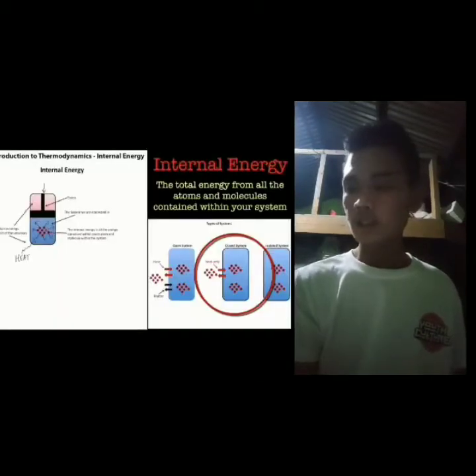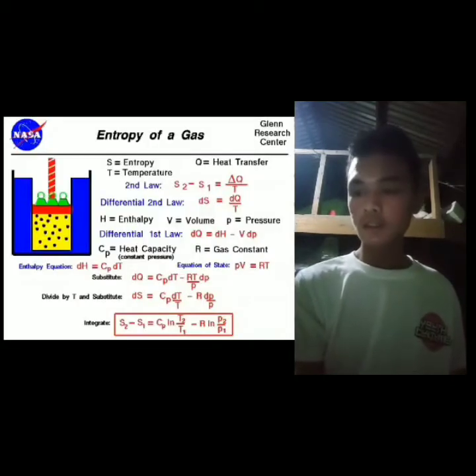Internal energy. In thermodynamics, it is the property or state function that defines the energy of a substance in the absence of effects due to polarity and external electric, magnetic, and other fields. Entropy is a scientific concept as well as a measurable physical property that is most commonly associated with a state of disorder, randomness, or uncertainty.